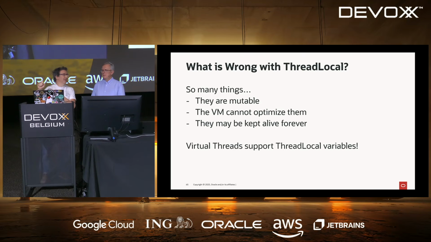The API is not, because you can mutate the value of a ThreadLocal everywhere you want, which means that by definition, the VM will not optimize anything. There is no possible optimization when you can mutate everywhere. The other problem is that in terms of pattern, you may use it wrong, which is basically